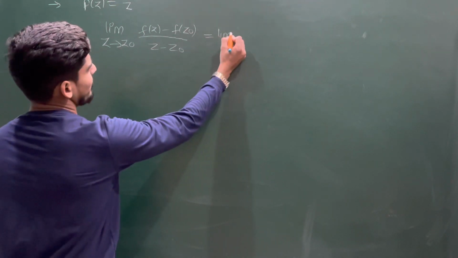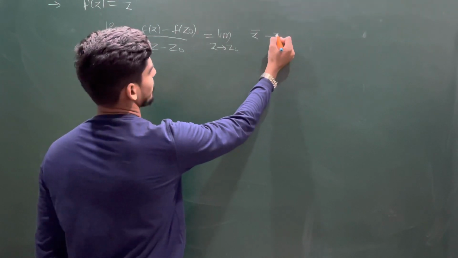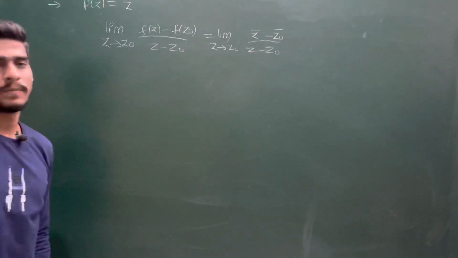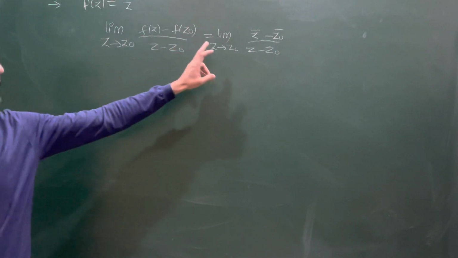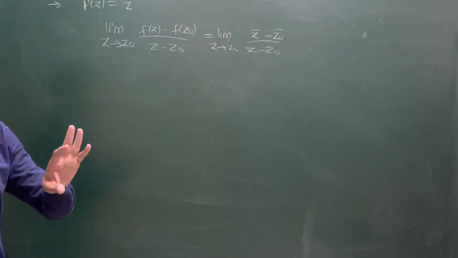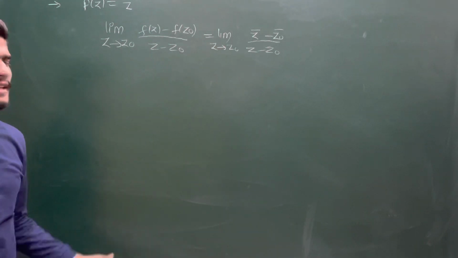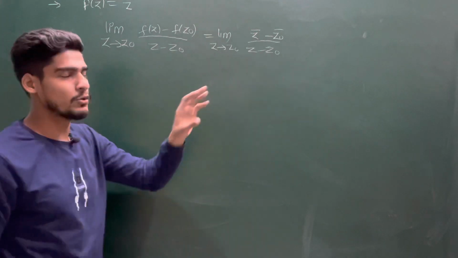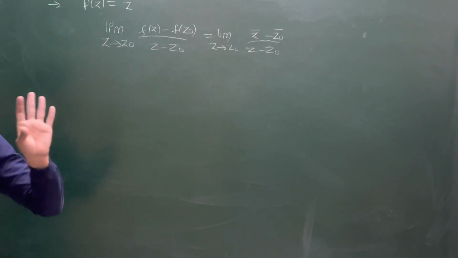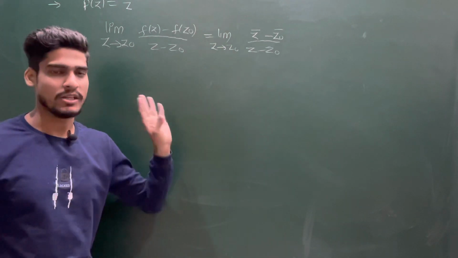So this is the limit of (z minus z naught). This f(z) will be, I can say, (z bar minus z naught bar) upon (z minus z naught). I am claiming that the limit does not exist for any z naught. See, this z is a complex number, this z naught is a complex number. So you want to reach your z naught in any way you have, because on the real line you have only two directions, the negative side or the positive side, that is the left hand side and right hand side. But in complex you have uncountably many directions, so you can reach from any direction.